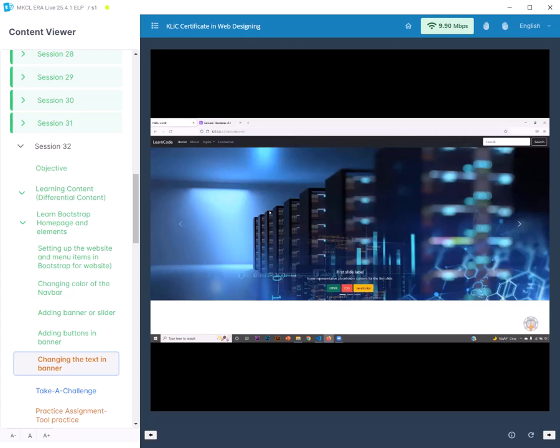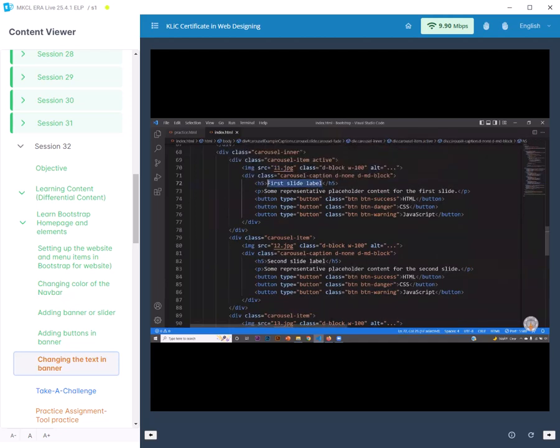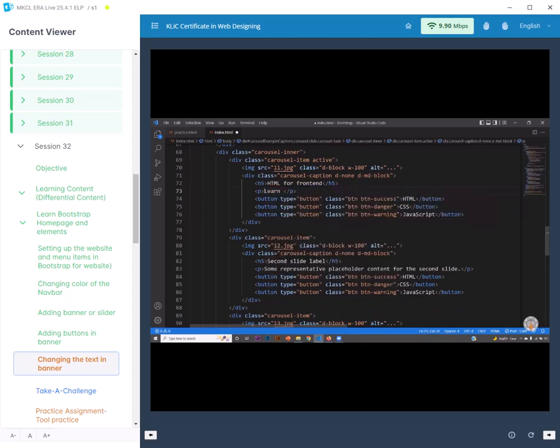So now let's try changing the text. Here we can write HTML for front end. Learn HTML like never before with VS Code. Okay,